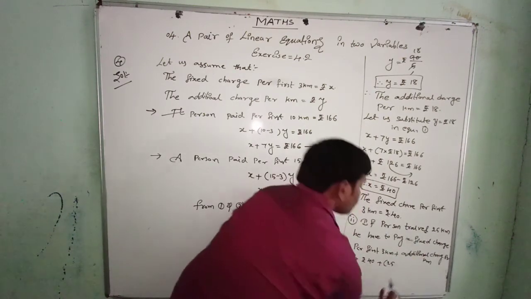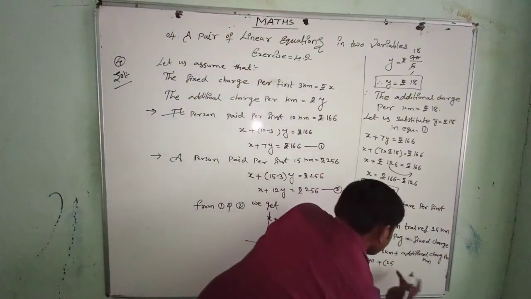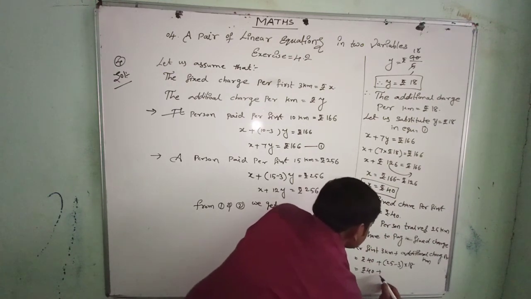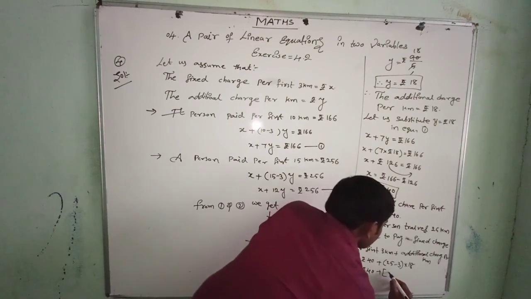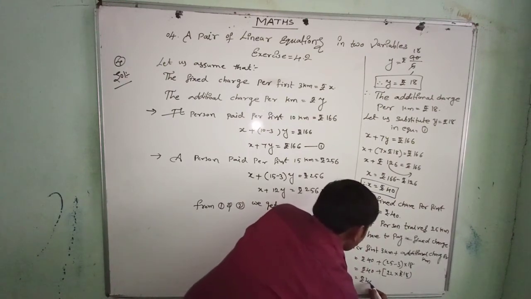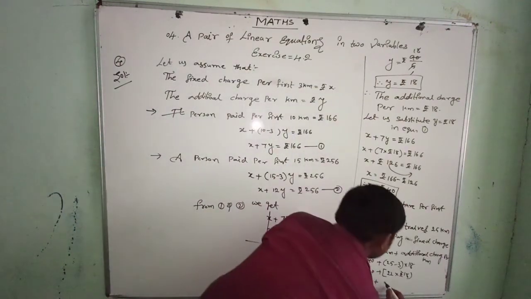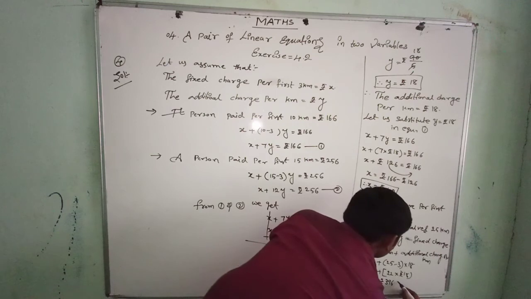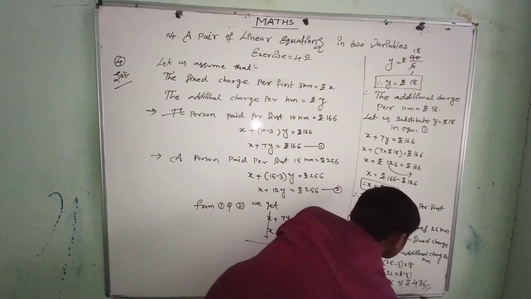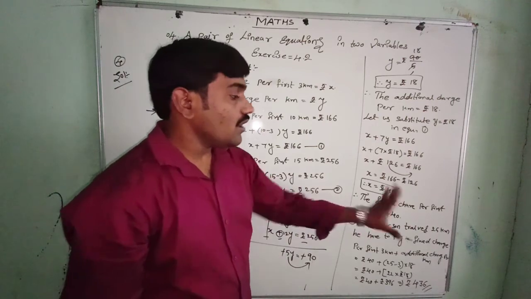So you travel 25 kilometers now, that means the fixed charge is rupees 40 plus additional charges. Out of 25 kilometers, for 3 kilometers already charged 40 rupees, so for the remaining 22 kilometers they will pay 25 minus 3 into 18 rupees. 40 plus 22 into rupees 18, that equals rupees 40 plus 22 into 18, 396 rupees, that equals rupees 436. So the person will pay 436 rupees if we travel 25 kilometers.